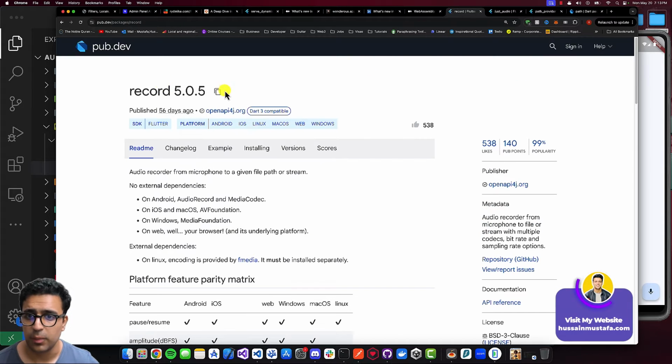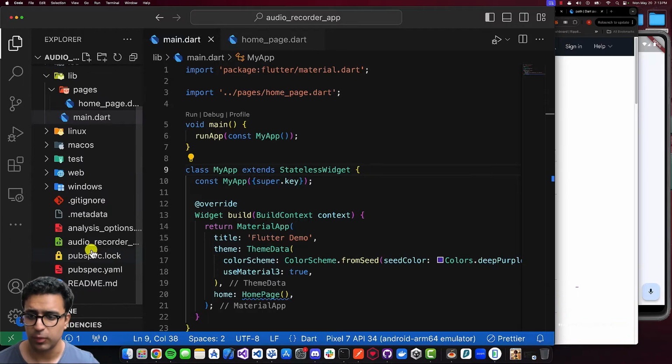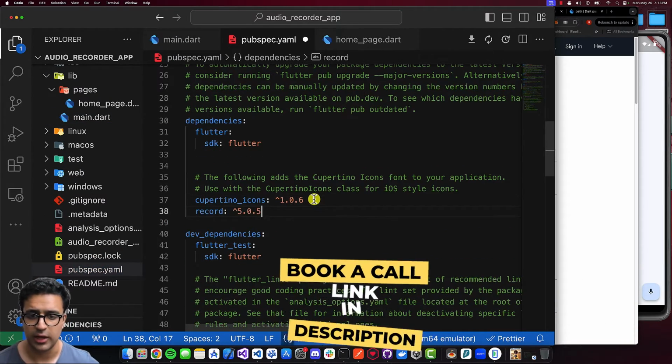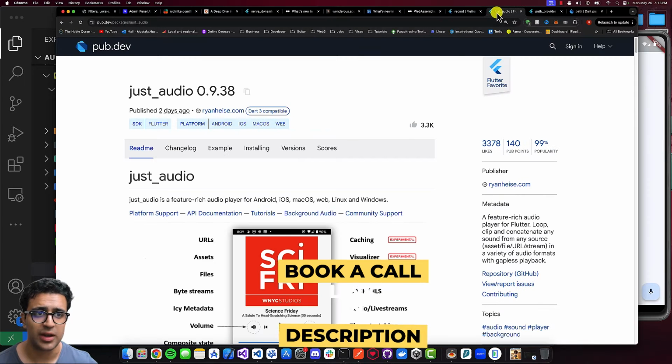So you can deploy your application to whatever platform that you'd like and implement recording capabilities. With this done, let's copy this actual dependency, come back to our pubspec.yaml file, and then here under the dependency section, I'm going to be pasting it in like so,